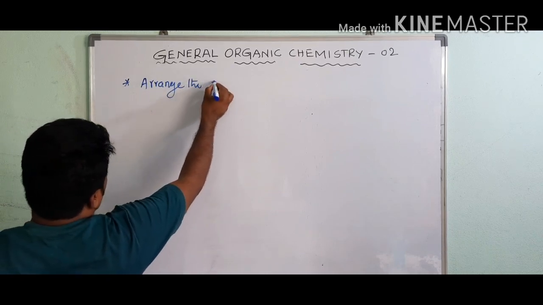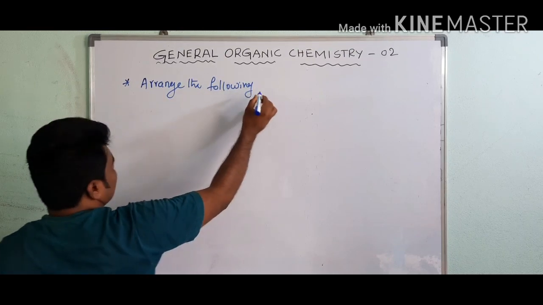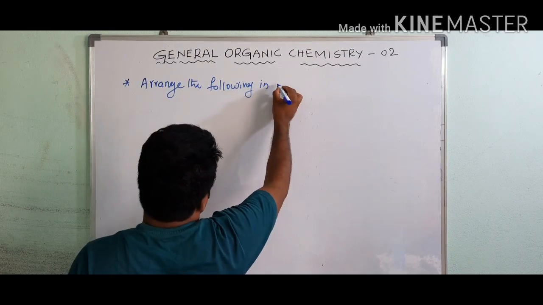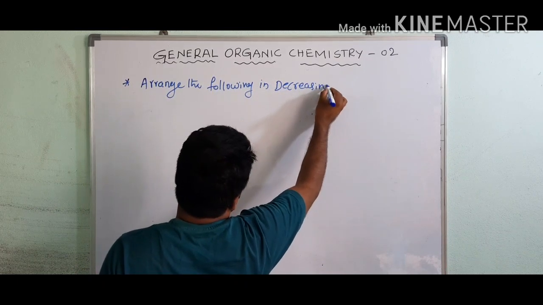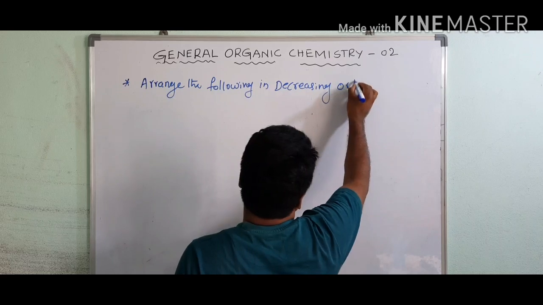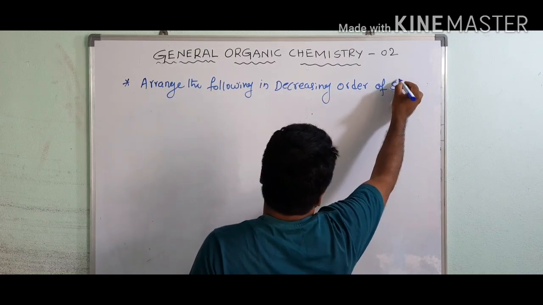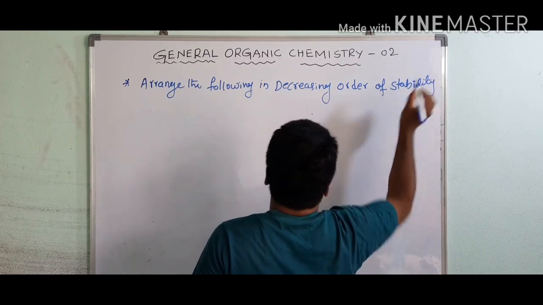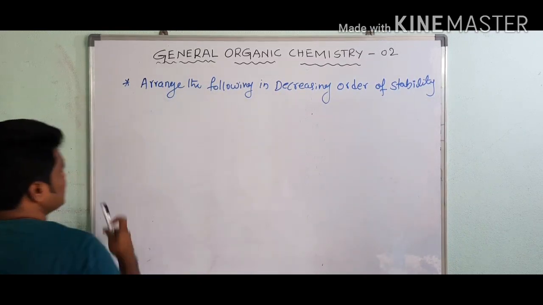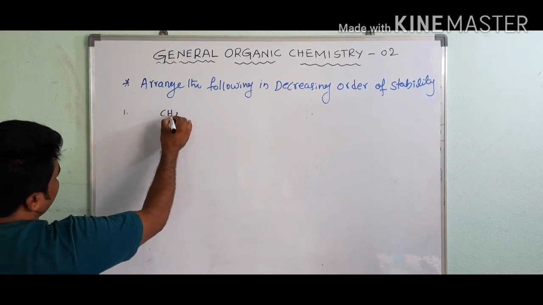Arrange the following in decreasing order of stability. Decreasing order of stability. The first question, very simple: CH3 plus,